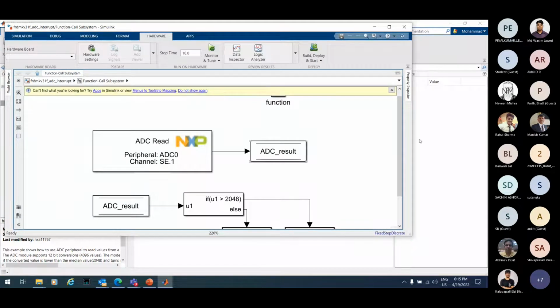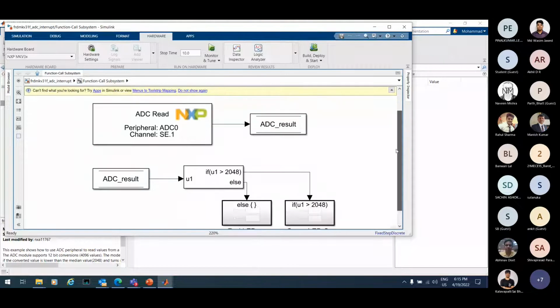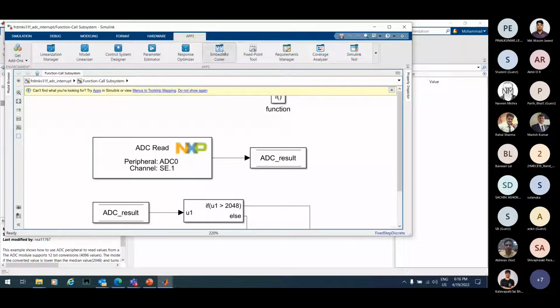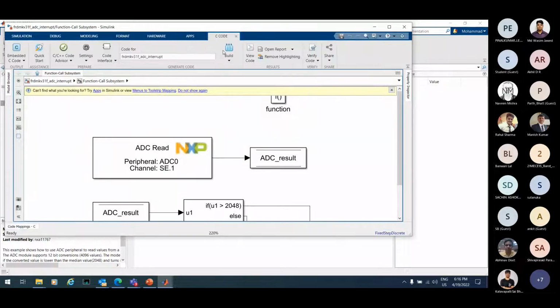So your peripheral block has been used as a model. When you start building your code, you can start choosing and picking up all these peripherals and the complete control systems and everything. This is when you download the MBDT tool, you'll see everything is there, and then when you have the embedded coder, when you do the build, it generates the code and burns the code to your